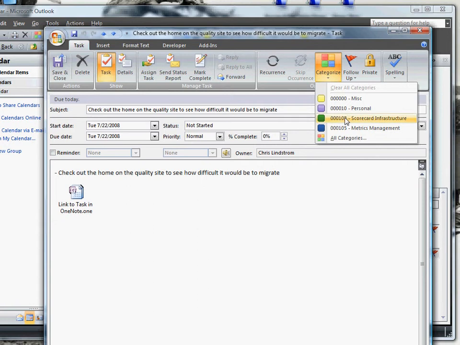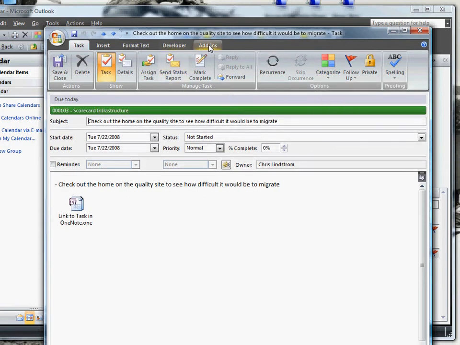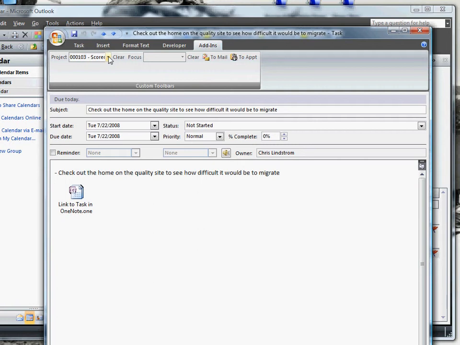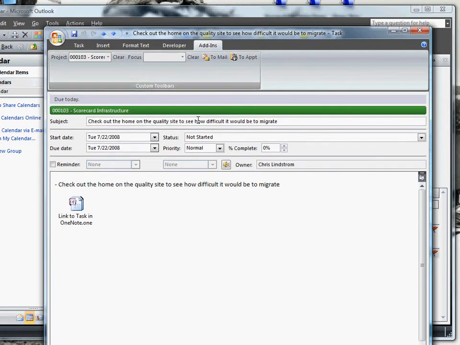So for example, I have a scorecard infrastructure master category that I can put on here. Or if you have the personal organizer system installed, you can actually pick that and add it in here through the drop down. So let me save that,